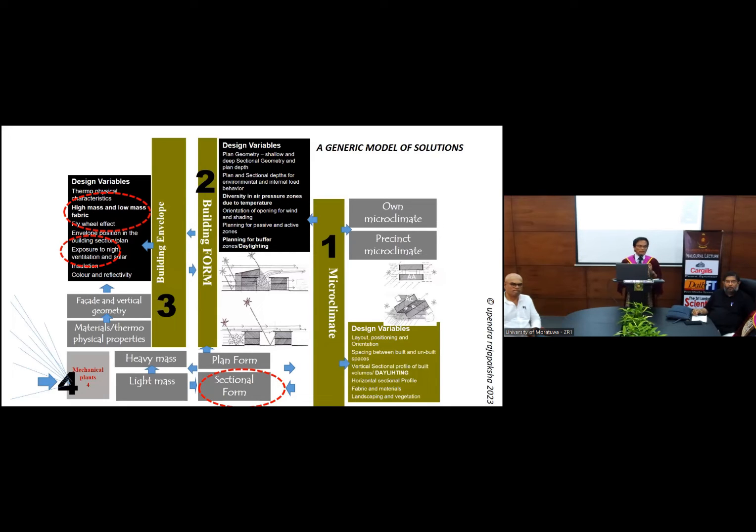So what kind of material do you want to use, whether it is high mass or low mass, and there are certain different types of ventilation systems. For example, night ventilation. How about ventilating a building at night? We usually close our windows due to environmental issues, but if we can avoid all these dust or mosquito problems, can we design our buildings with night ventilation?